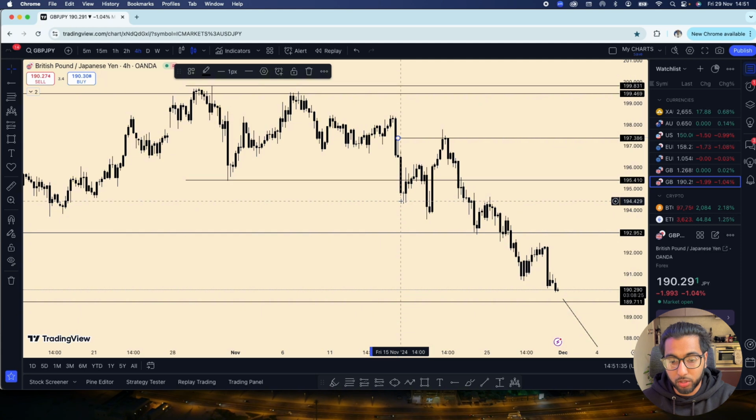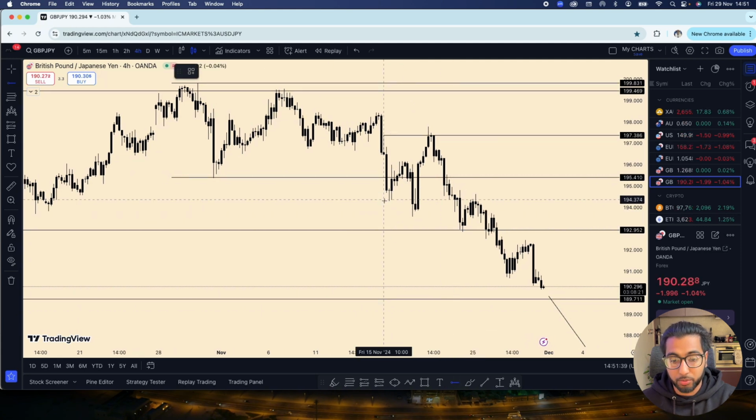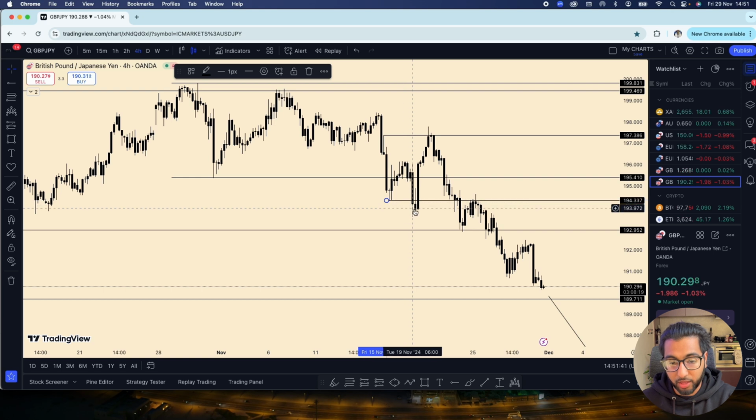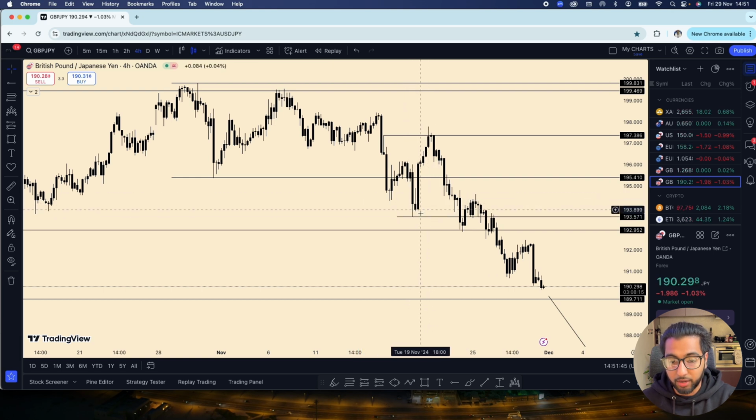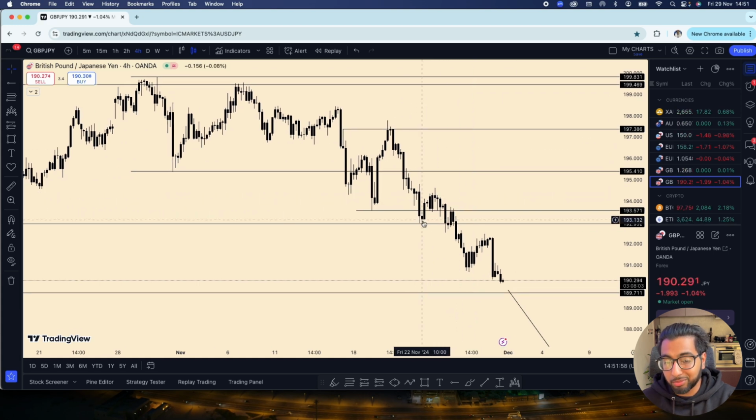Price was like, you know what? All the buyers are going to try to buy here. Well, guess what? We're going to stop you out too, right? Price then stops out these buyers. This is the liquidity. This is the low, right? Then price comes all the way back up like a magnet to these highs. Look what happens. Stops out these highs, right? And then it continues to go all the way down to this liquidity low, and eventually it breaks it.